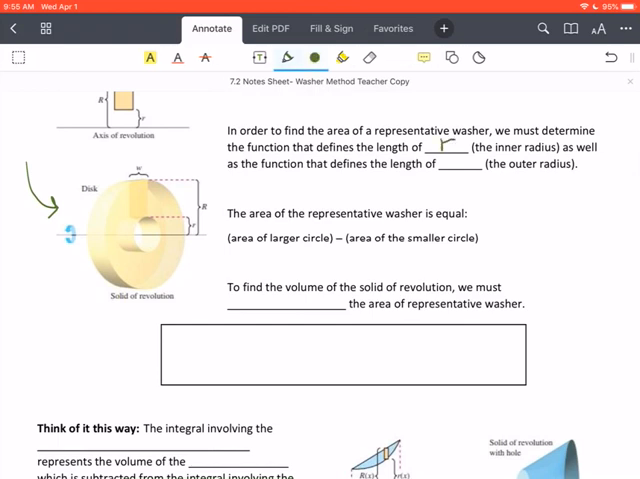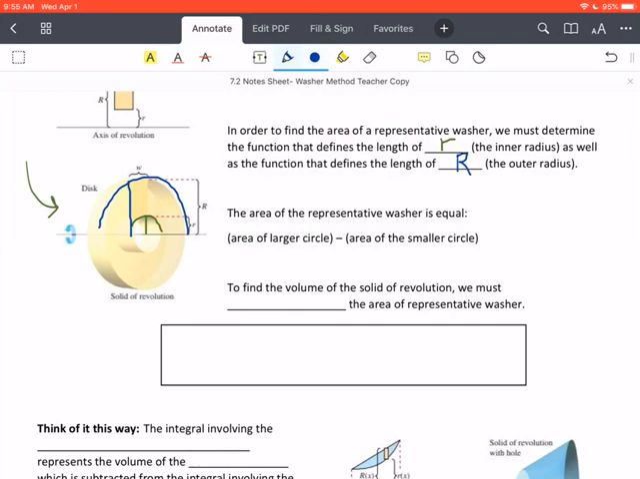That is going to be used to describe the inner radius. So you can see on our donut shape here, this is little r. But then we also have to establish what function defines little r, this curve right here. But then what function defines big R, which is the outer radius, the radius of the larger function. So big R would be this, and we can see the outer function I've highlighted